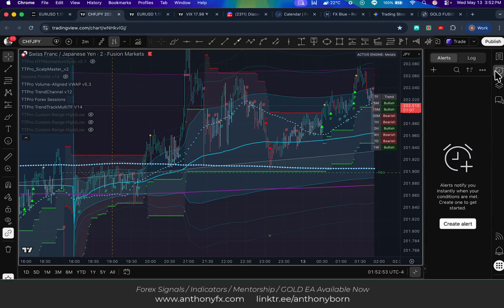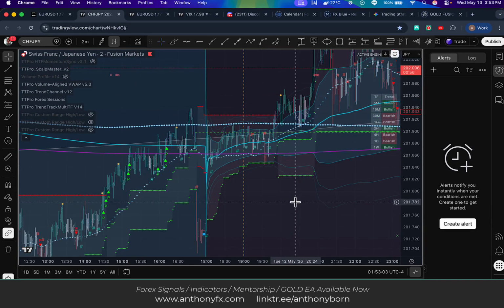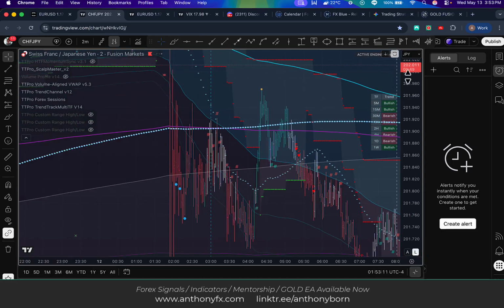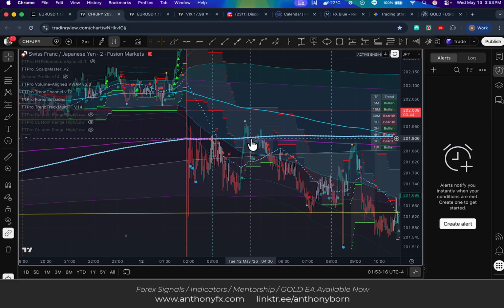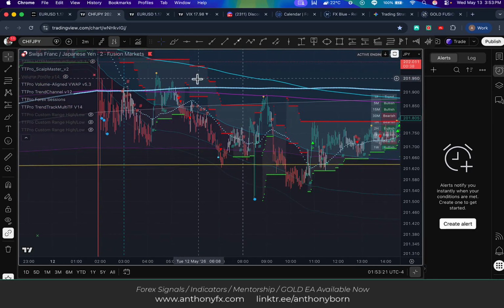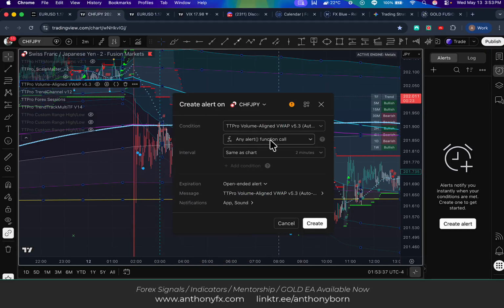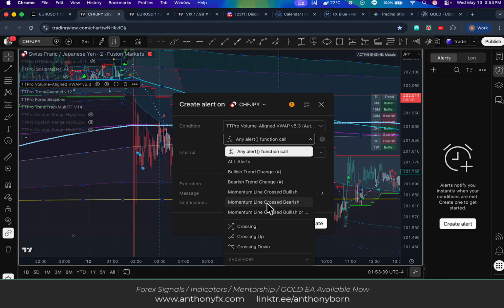I think a really good alert would be, see this, the momentum line. I reckon a break through the momentum line, possibly. I'm just looking for the ultimate signal. Well, it broke through here again. Look, I reckon the break through this momentum line, and then if everything else stacks up with it, let's just set that up. That's on the VWAP, 3 dots, alert, and it will be, oh, look at this, momentum line